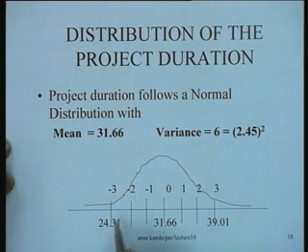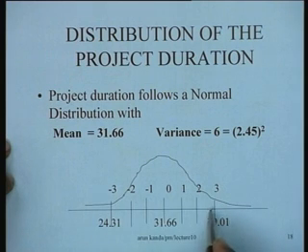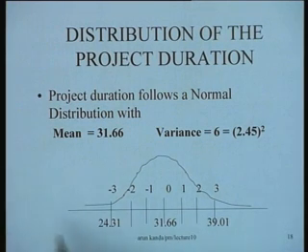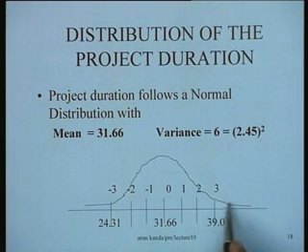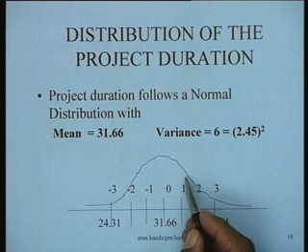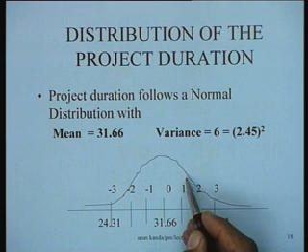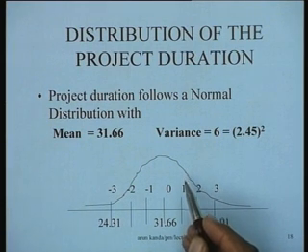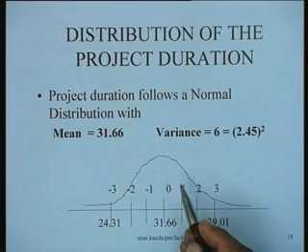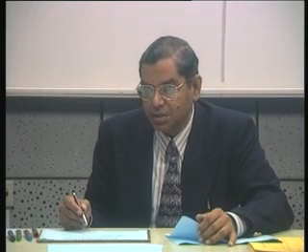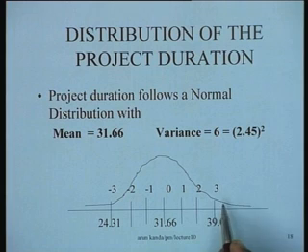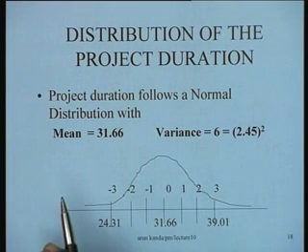So we get this estimate of the worst case situation, or you can say the more than 99% probability that the project would be completed within this interval. In fact, now that you know the distribution of the project completion time, which is a normal distribution, which has come out by virtue of the central limit theorem, by adding up the durations of the activities on the critical path and by ignoring all the non-critical activities, we get this distribution. So this distribution can answer a variety of questions, questions of managerial significance.